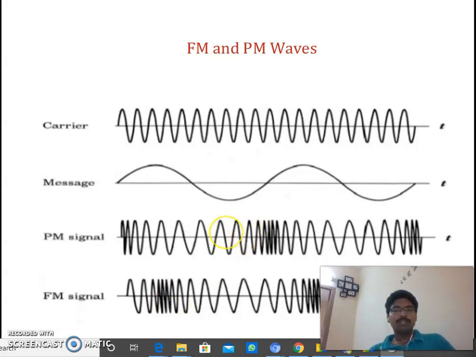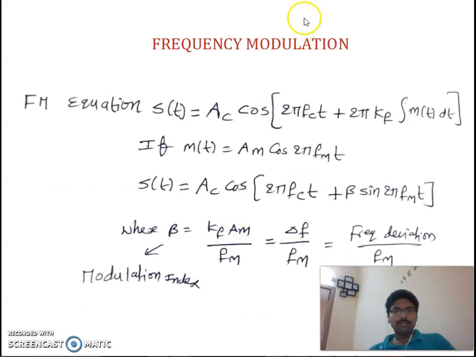Remember that one. Now by using that statement we are going to derive the mathematical equation for the FM signal. See here, the frequency modulated equation s of t is nothing but Ac into cos of something. Before going to that, observe here: Ac is the carrier signal amplitude, and m of t is the message signal, which is Am into cos 2 pi fm t, where the message signal frequency is fm and Am is the message signal amplitude, right? fc is the carrier frequency. Now what is the FM actually? It is nothing but the variation of the frequency of the carrier.